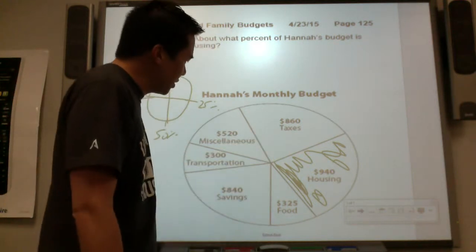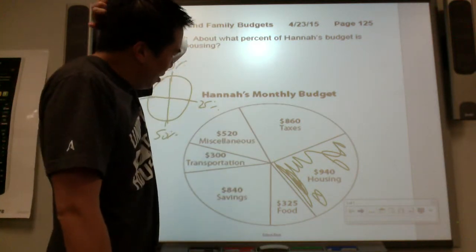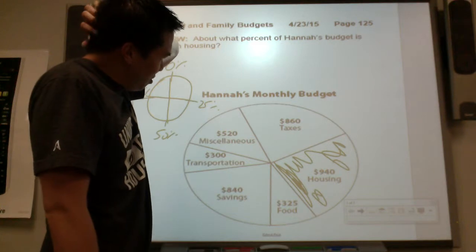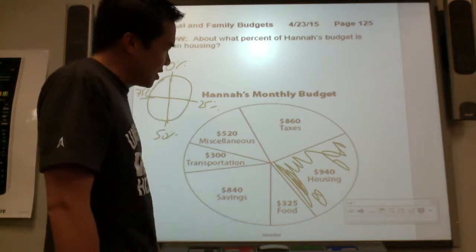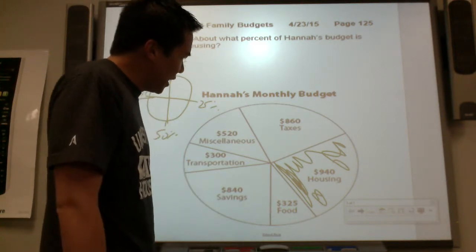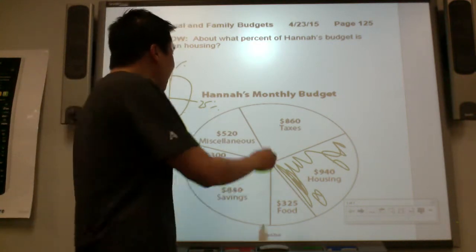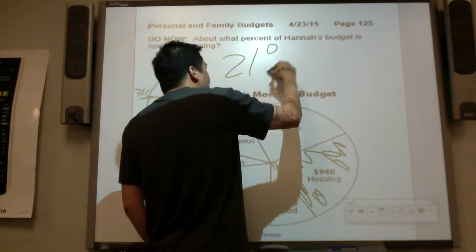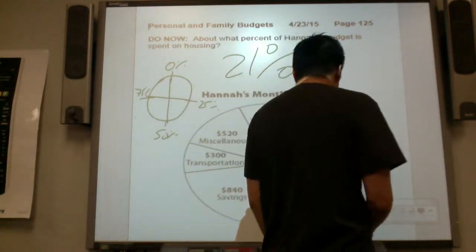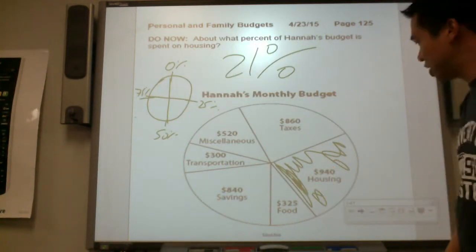A little less than 50%. And from what I can tell, housing looks almost the same size as taxes. The magnitude of it is almost the same. And it's about a fourth, but just a little less than a fourth. So if I had to take a guess, I would say about 21% of this circle graph is spent on